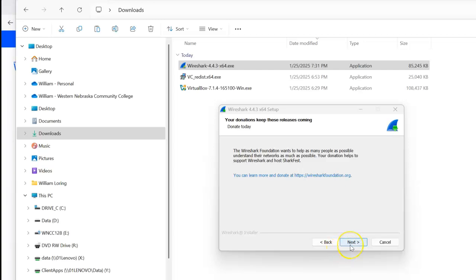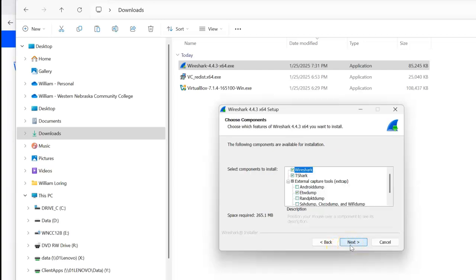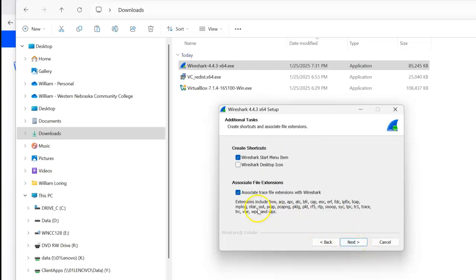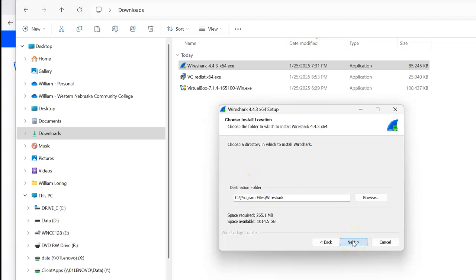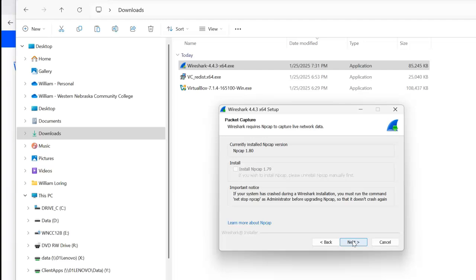We're going to click Next. You don't have to change anything here unless you want a desktop menu. And we click Next, and we click Next, and you basically keep clicking Next. It may want you to install